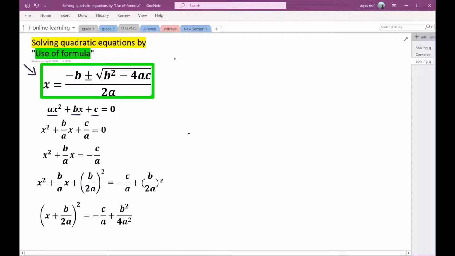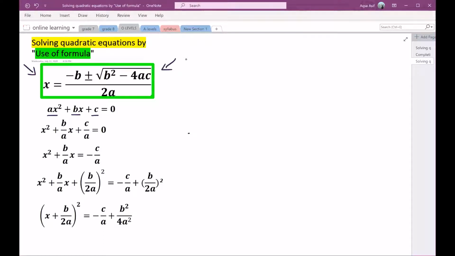You can see the formula that is written in front of you. Yes, you have to memorize this formula. I'll be deriving this formula as well. If you forget it, then you can derive it, but otherwise you won't have time to derive. So it's advisable that you should memorize this formula.